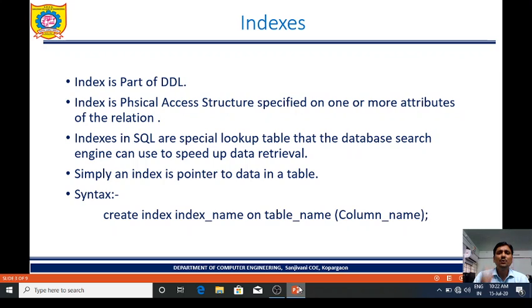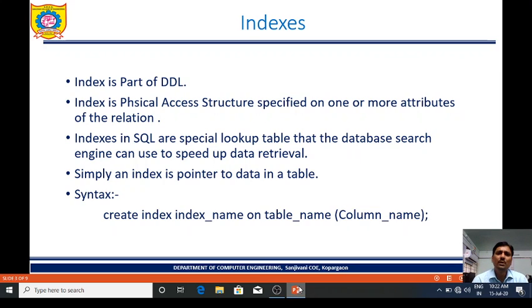It means to speed up data retrieval, we use indexes. Simply an index is a pointer to data in a table, and because of that pointer we get the memory location number, and easily we can search particular data with a fast speed.